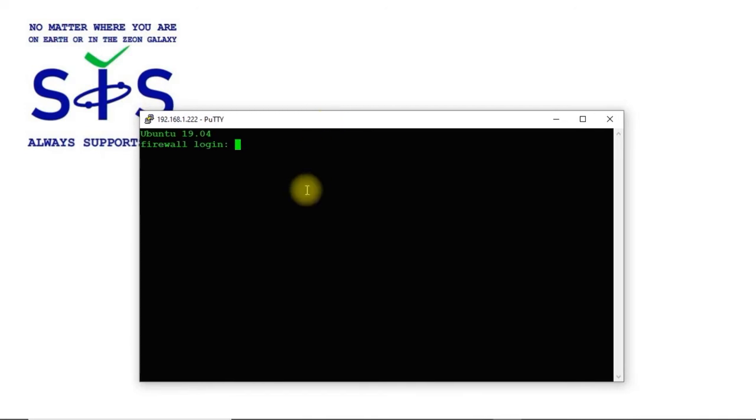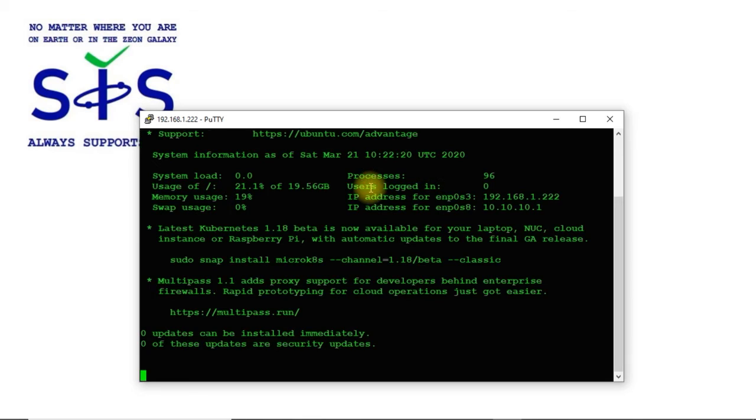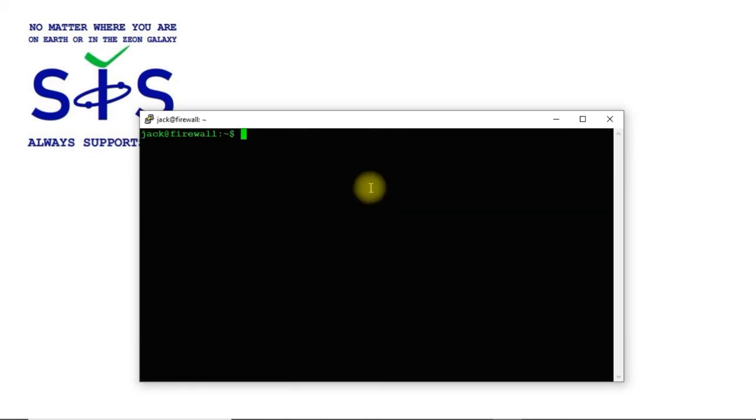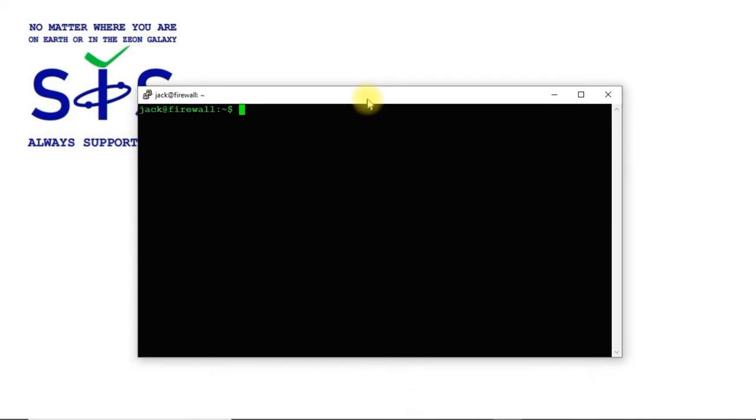I'm gonna log in using my credentials, and clear my terminal. First I'm gonna use sudo su just to use high privileges.